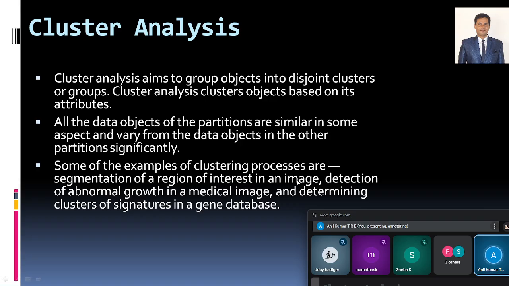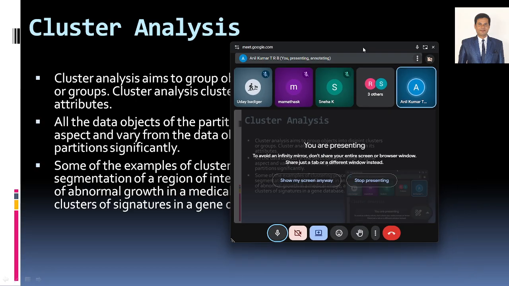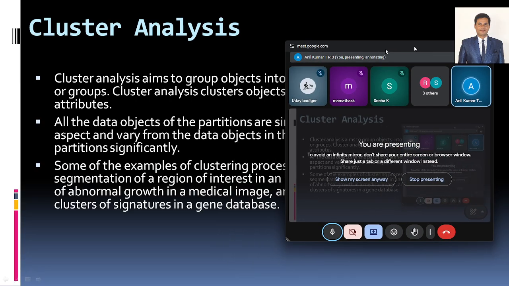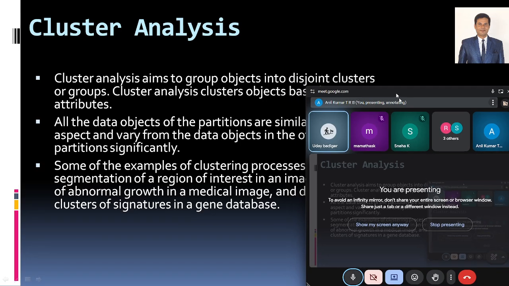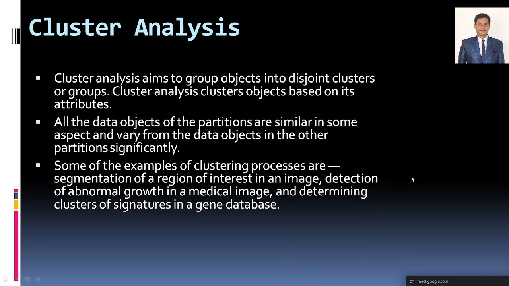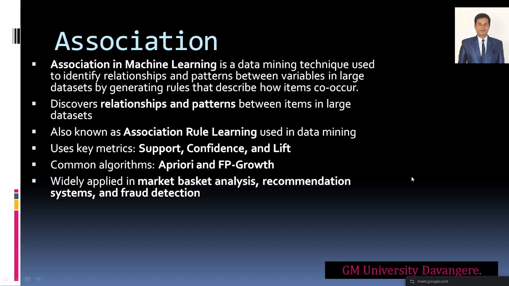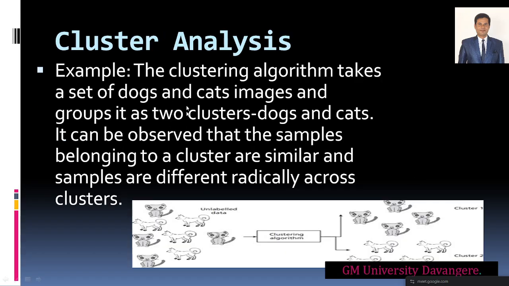Okay, for the cancer cell, what have we already done? We have given the attributes, right? Based on those attributes only, it will try to cluster the models. It may be an image, it may be anything, a signature, anything, a database, a genetical database, everything it will try to collect. Okay, I hope it is clear, the cluster analysis under unsupervised learning. Is that clear? Uday, Mamta, Sneha? Yes, sir. Okay, this is actually the cluster analysis.